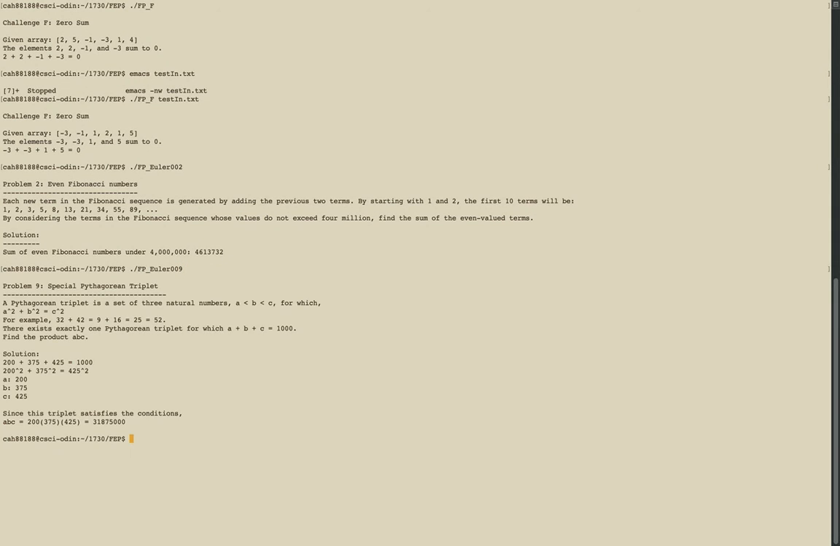And then for my last one, 009, it takes in a Pythagorean triplet that satisfies all of these conditions. And those conditions are A needs to be less than B, which is less than C, and then needs to satisfy the Pythagorean theorem, A squared plus B squared equals C squared, and then all 3, A plus B plus C, must add up to 1,000. You see the solution down here. We prove each of those, and 200 is less than 375, which is less than 425, and then multiplying those together gives you this